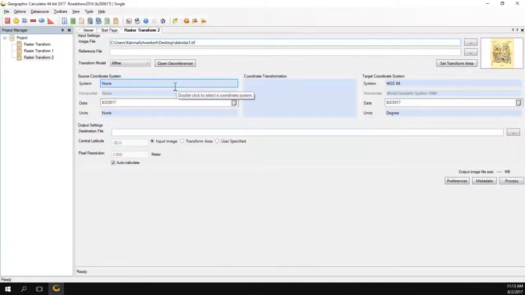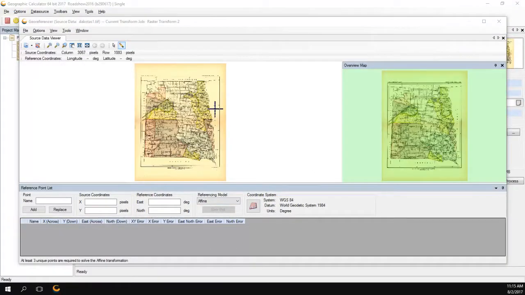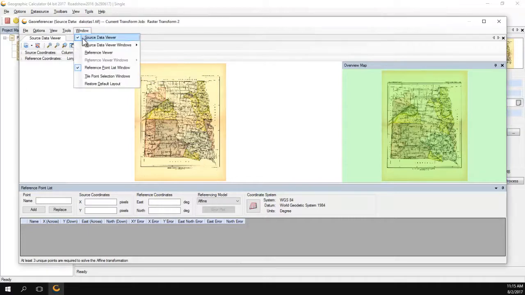So going back to my raster transform job, I'm going to open the georeferencer. You can see right now we have no coordinate system associated with this image, so we know we need to georeference it and come up with some reference coordinates that will be listed as a reference file. Because there are no locations on the map that we can use, we don't really know any control points, and the coordinates here aren't detailed enough for what we want. We're going to align control points on our image with some other reference data. So let's bring back the reference data viewer,